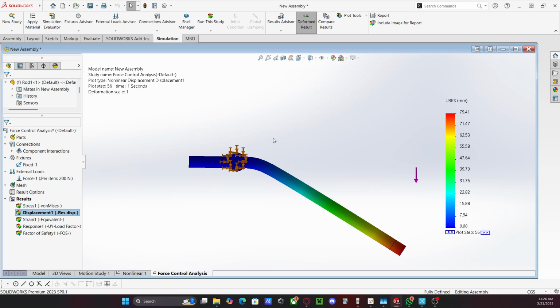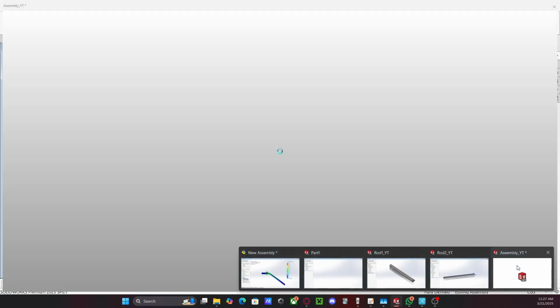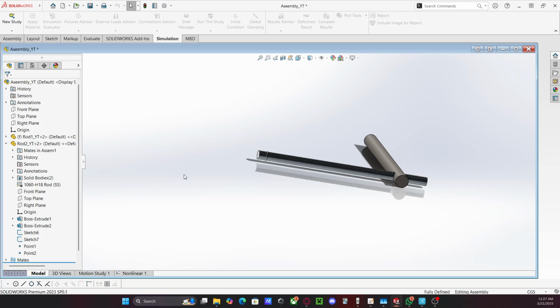So the force distribution of this material changes drastically as we increase the force. Let's just look at a couple of things we can see here. The factor of safety, it's obviously 0.92 is the lowest. So this is most likely what we're looking at. Another thing that could have happened over here, if you look over here again, is that what could have happened